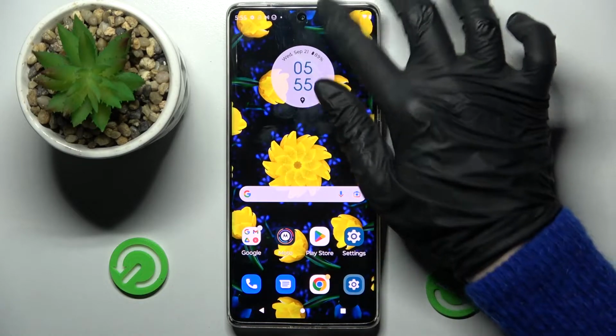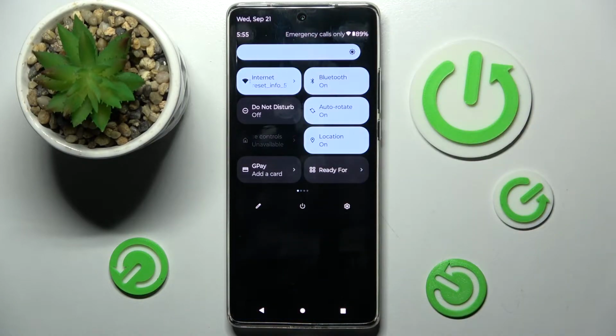First of all, you need to access Tab menu. Now look for location icon, and when you find it, click on it. As you can see, location of my Motorola is now off, but you can always turn it back on by